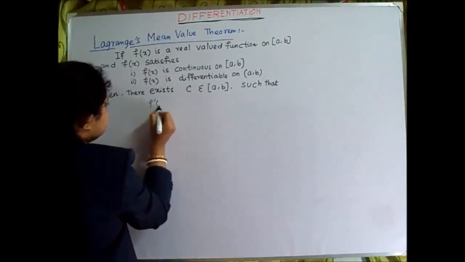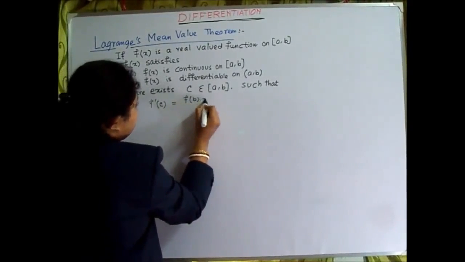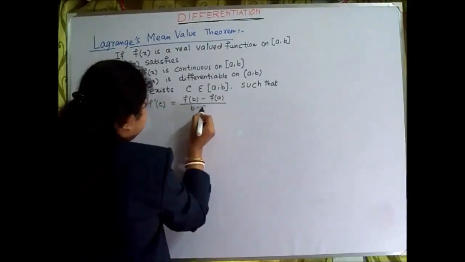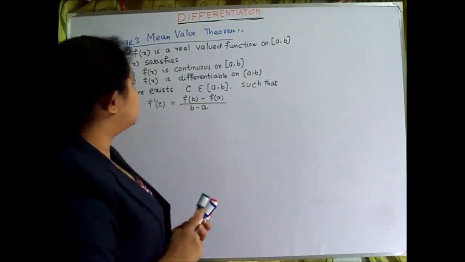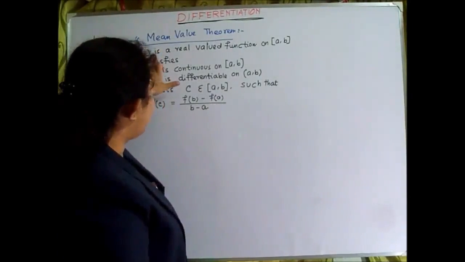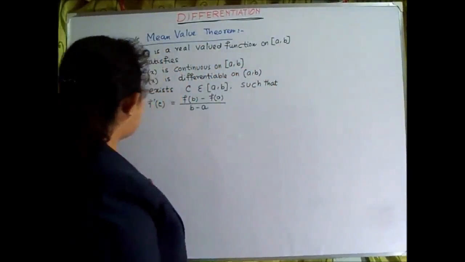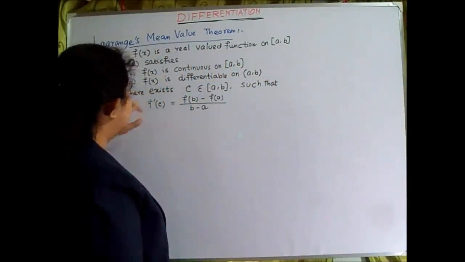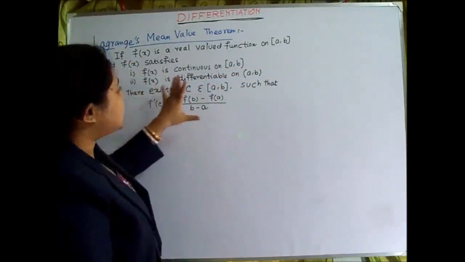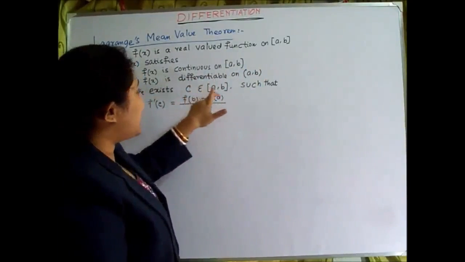f prime of c, which is simply f(b) minus f(a) divided by b minus a. So this is Lagrange's mean value theorem stated: if f(x) is a real valued function on this closed interval [a, b], and this f(x) satisfies these two conditions, that f(x) is continuous on the closed interval [a, b] and differentiable on the open interval (a, b), then there exists a c which lies between a and b,